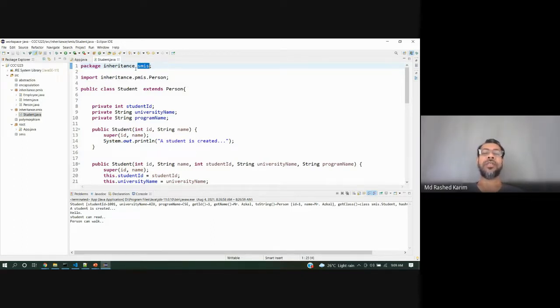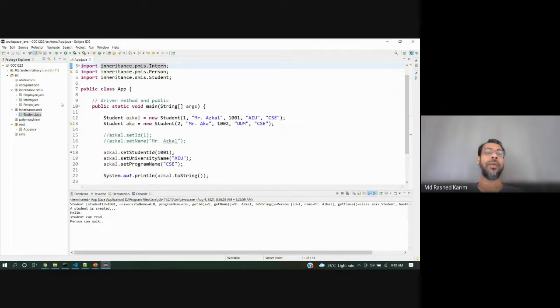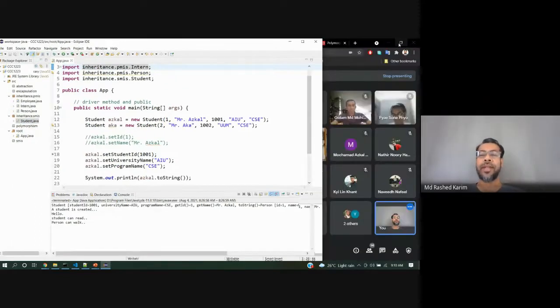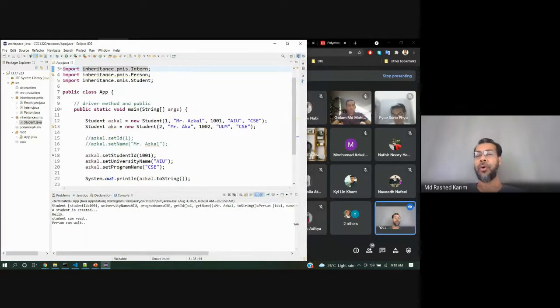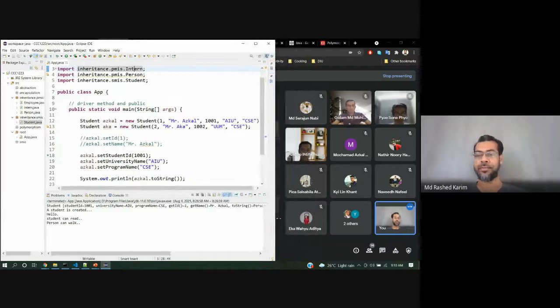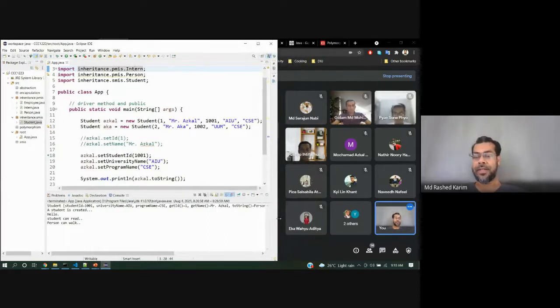Dot means it's separated by different folders. This is the parent folder, then the child folders. This way you can go. So I have organized this way. All the topics will be in the same project, so that at least you can also do it by yourself to organize your data, your code. Understand?